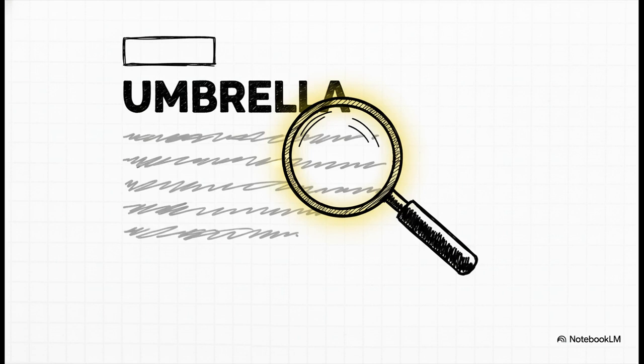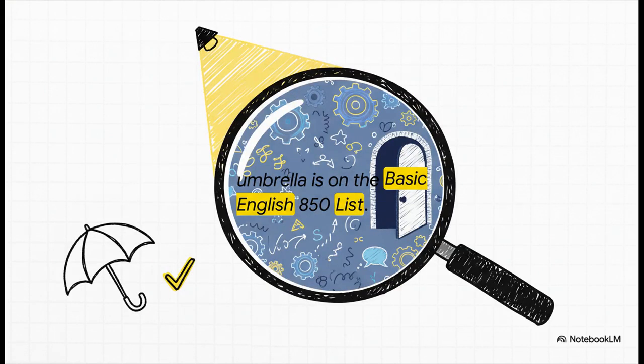The real secret here, the key to this whole story, isn't in either of those definitions. Nope. It's a tiny little note, almost looks like an afterthought, just tucked away on the page. You ready for this? And there it is. That's the one. Umbrella is on the Basic English 850 list. I mean, that one little sentence, it's like a doorway into a completely different way of thinking about language. It's not just some random fun fact, it's a classification. It means our humble little umbrella was actually chosen for a really, really important job.